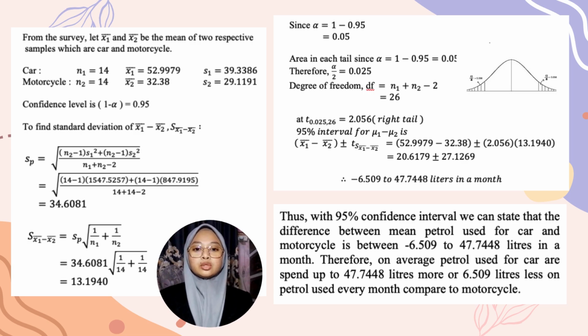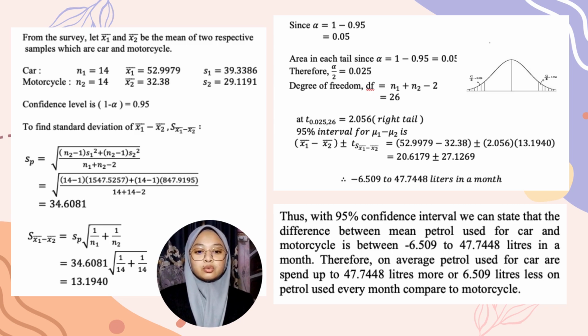Since alpha is equal to 1 minus 0.95, alpha is equal to 0.05. Therefore, alpha over 2 is equal to 0.025. Degree of freedom is equal to n1 plus n2 minus 2 equal to 26. At t 0.025 and 25 degree of freedom, we get 2.056. At 95% interval for mu1 minus mu2 is